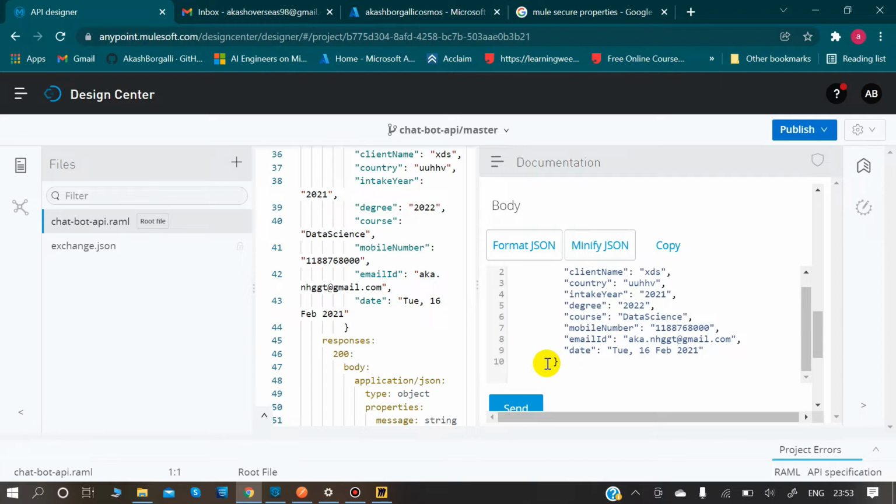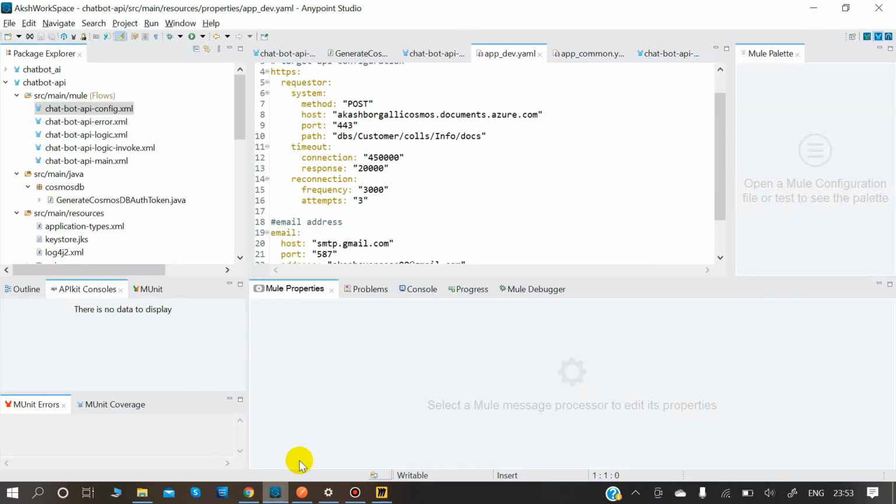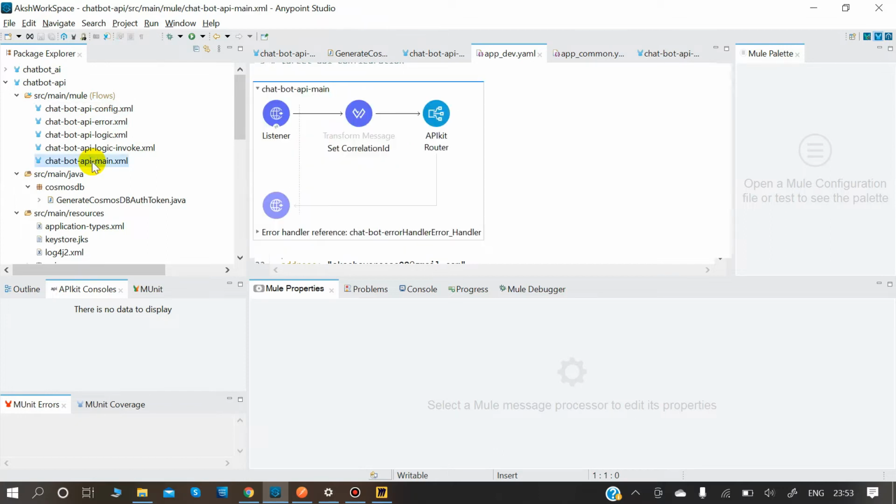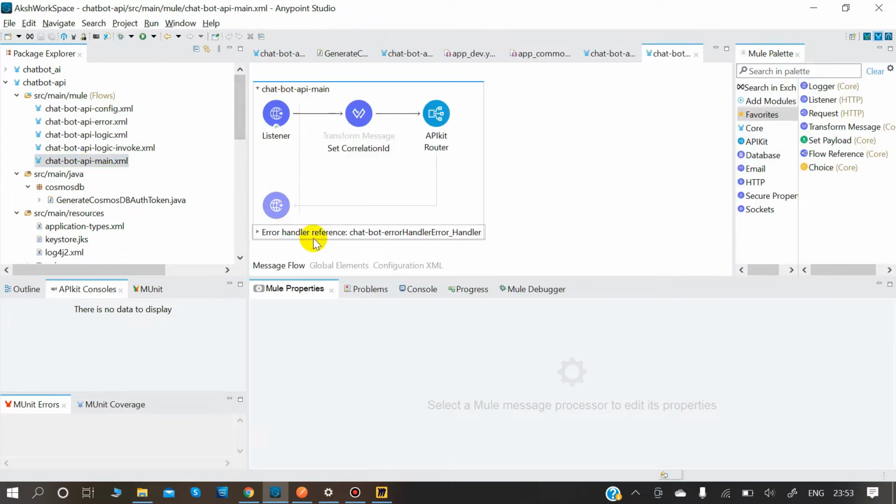Now I would be moving to my Anypoint Studio where we develop our application. Today I'm going to show you all how you can create production grade code. So let's start from this main. As you all can see, main is where we basically segregate our XML files into different XMLs, each holding a different meaning. Main holds the entry point when someone hits a particular URL, right?